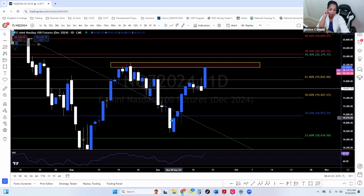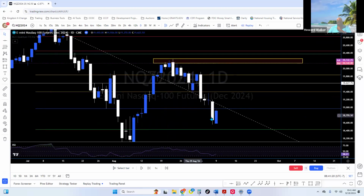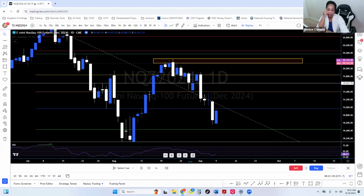So when they exit out, if you take this move, even just this individual candle, because it's the daily, that's 50% all day long. But look, it never went back to 50% of this candle. If we were in replay mode, it got 50% of this candle, but it never got 50% of this candle. They haven't got their money back on here yet. So you know they've got to go back to get this 50% of this candle. They've got to. And that's why you see in the next couple of...